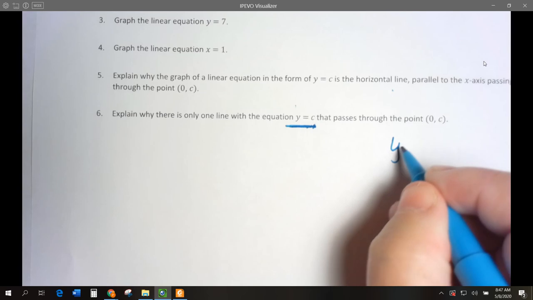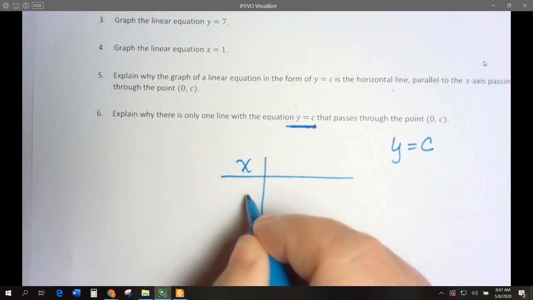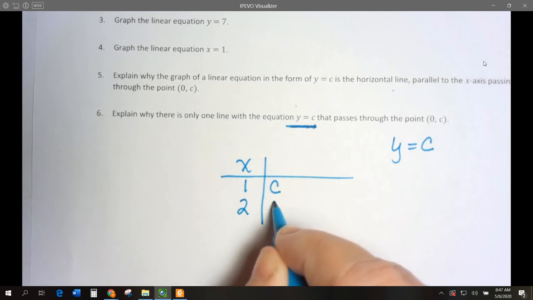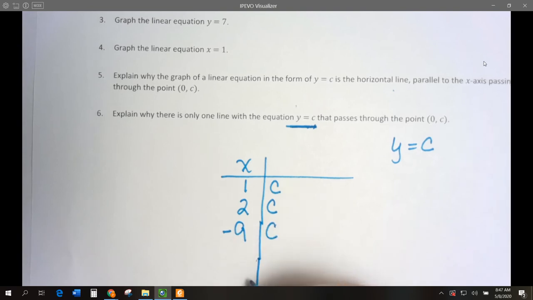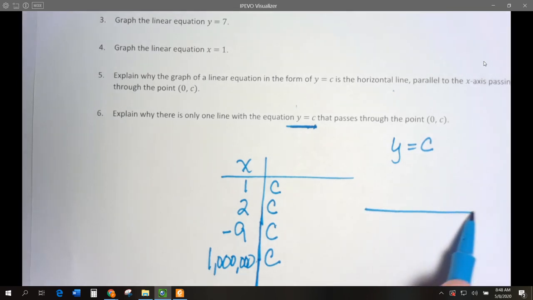So if y equals c, I have x is 1, y will be c. If x is 2, y will be c. X is negative 9, y will be c. X is 1 million, y will be c. So it's always going to be a line, a horizontal line, that is going to pass